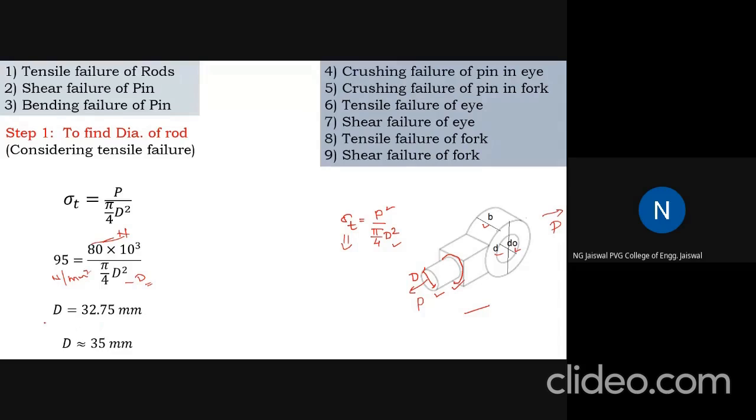You can convert this into a whole number. Not necessarily 35 mm. You can even stop somewhere, D is equal to 33 mm. There is no problem. You can consider this as 33 mm and go ahead. Absolutely no problem. I have taken 35 mm because I wanted it to be a multiple of 5, since this is a very important part, a larger part. If there are some smaller parts, I may not round up those smaller part dimensions into some multiple of 5. But since it's a very bigger part, I can convert this into 35. But again, as I said, this is not mandatory.